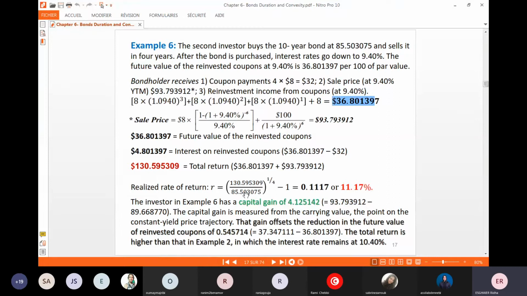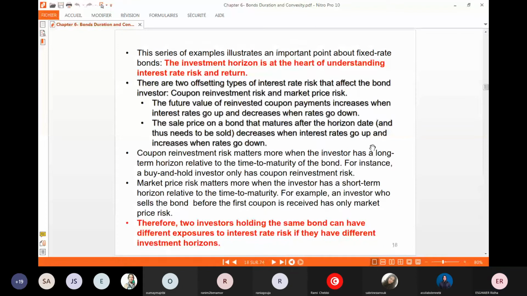وشنو صار للinvestor 2؟ الinvestor 2, the variation of the market interest rates عنده two effects. من جهة the future value of the reinvested coupon طاحوا خاطر interest rates طاح، ومن جهة أخرى the sale price of the bond increased. علاش؟ خاطر اليد to maturity طاح، طلع البرايس of the bond. دونك هوني شنو نقولوا الكونكلوجن نتاعنا